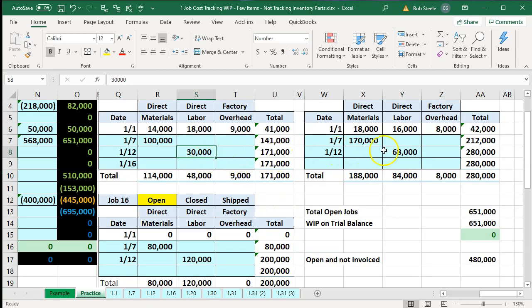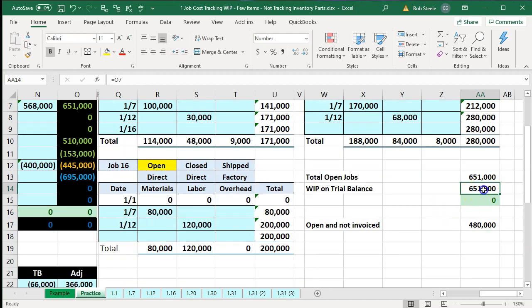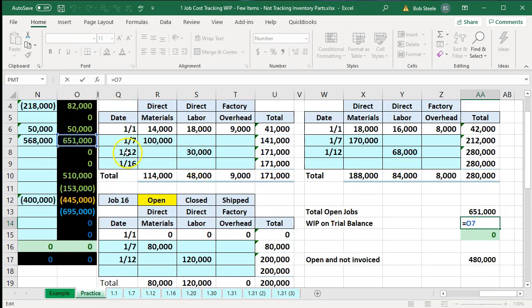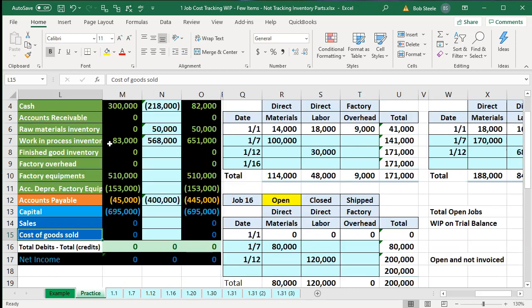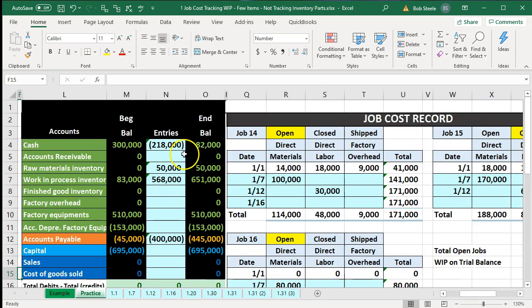Adding those up, this plus this plus this adds up to the 218. That's the amount that we posted there. So that's correct, 218. If I add up all the jobs, they now add up to this 651,000, which ties out to what's in the work in process general ledger account. So note the work that we had to do there. We had to enter this into the general ledger account with basically a journal entry, and once again apply that